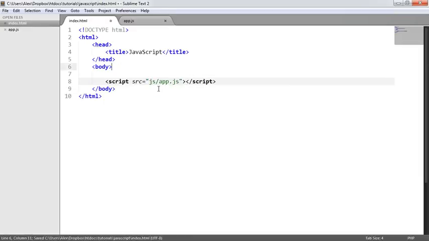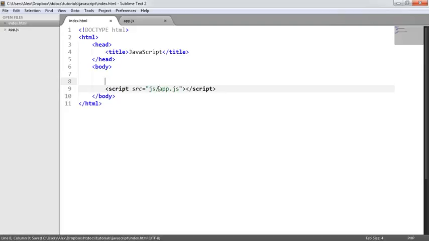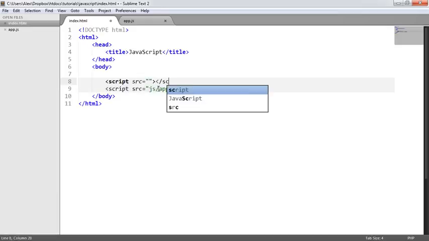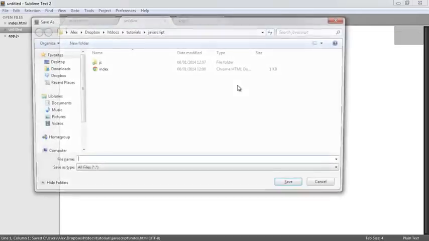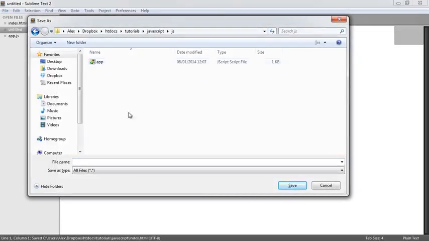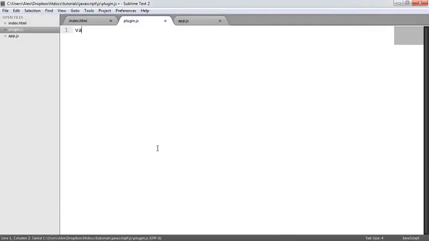Now what happens if I go ahead and download a really cool snippet of code, like a plugin or something like that, and I want to include this on my page as well? I create my script tags, and I include plugin.js. Now in plugin.js, we're going to store this file just as an example. We have a variable called name, and I'm going to call this Billy, and I'm going to console log